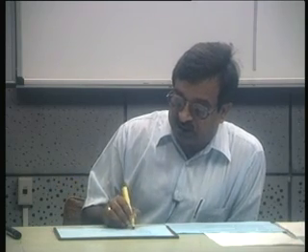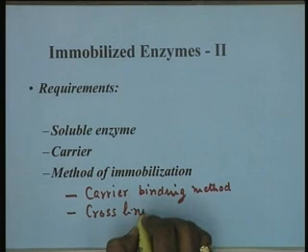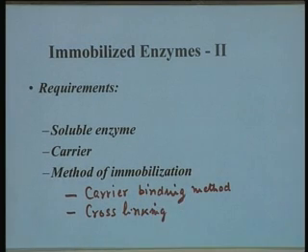The other method is cross linking. As you know, the enzymes themselves possess a large number of functional groups which can be made to react to each other, thereby aggregating the molecules and making them insoluble in water. The aggregates will be insoluble and they can be used as an immobilized preparation which can be readily separated from the liquid phase. Just to repeat, cross linking refers to linking more than one enzyme molecule through their functional residues present on their surface.